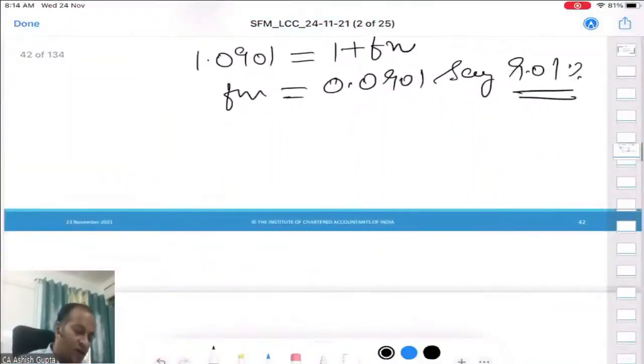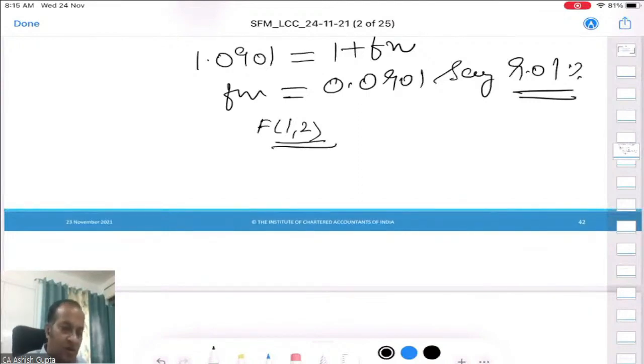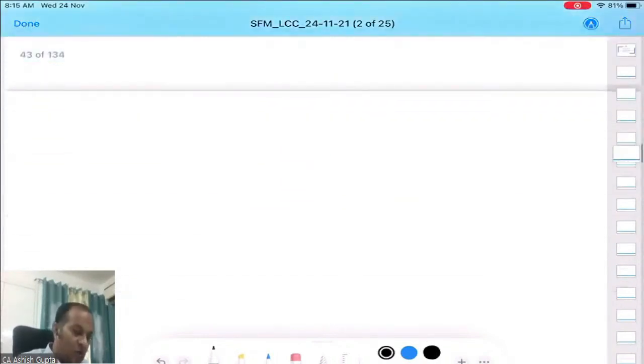So we have shown here how we can compute this 9.01%. This is called the forward rate, the forward rate after 1 year for 1 year, or it can be presented like that. Somewhere it is written like that, and you will understand this term more when we discuss the topic of forward rate agreement. This is under the topic of interest rate risk management. There, this term is very frequently used. Of course, let us move to the formula version.